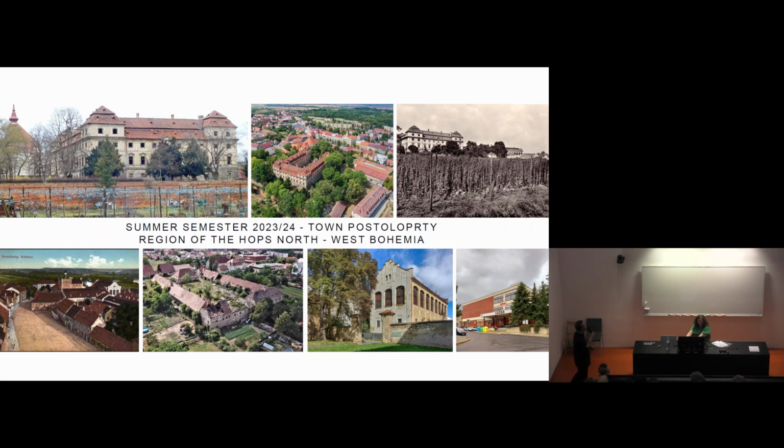It's connected with the landscape of hops. It's a special plant that is necessary for producing and making beer. And you know, beer is so important for Czech people, so the hops have to be important too. And this is the landscape of hops. The landscape became a UNESCO site this year. It's a really fresh event that Žatec and the surroundings, with Postoloprty, became a UNESCO site, because of this heritage of hops production, agriculture, and architecture too.